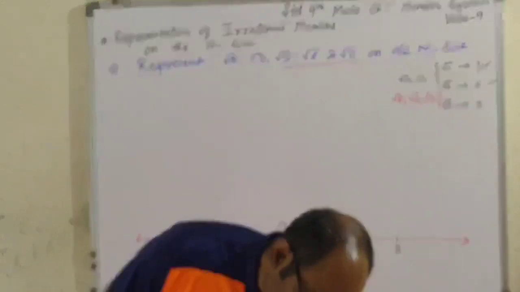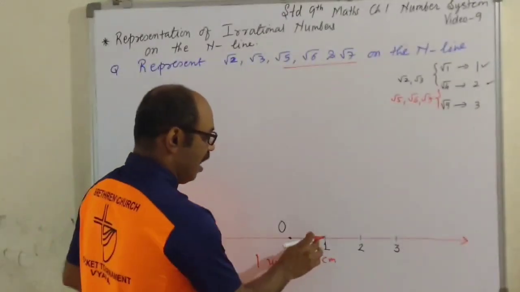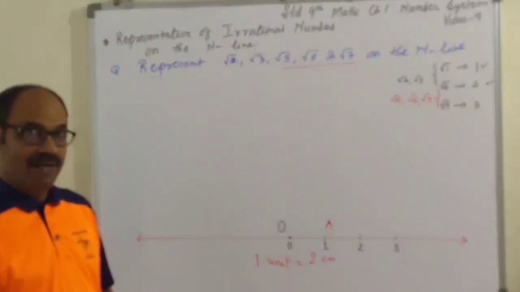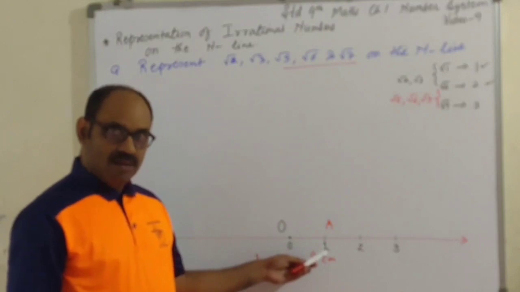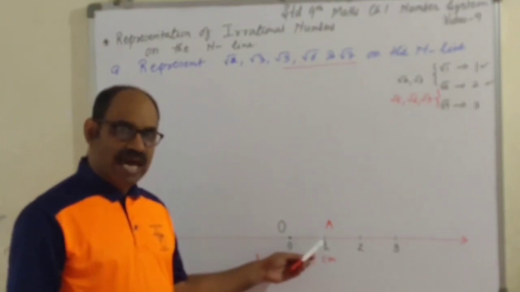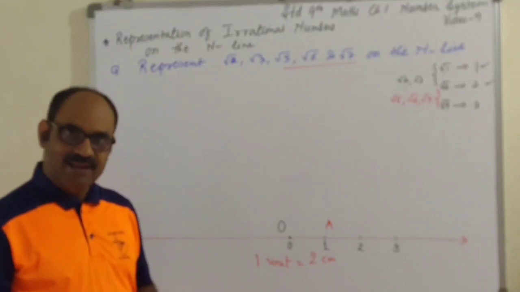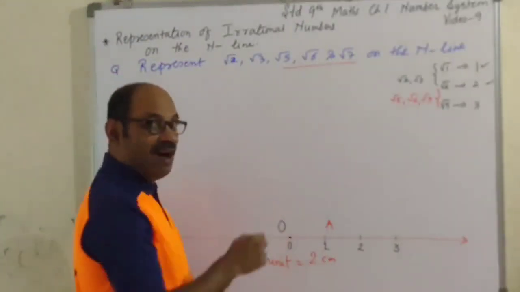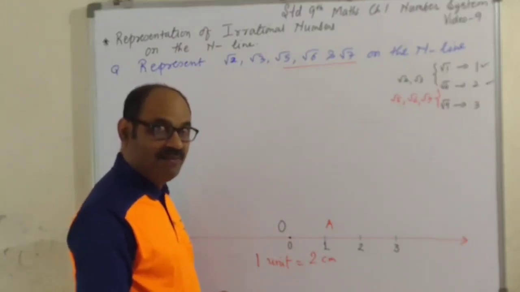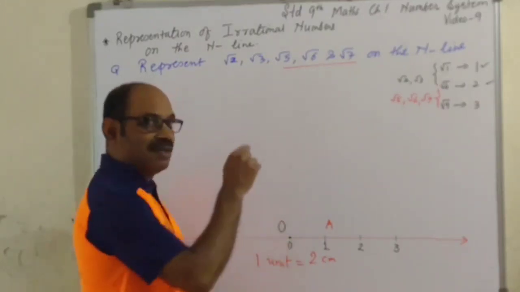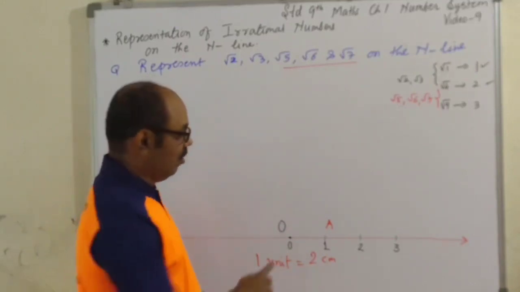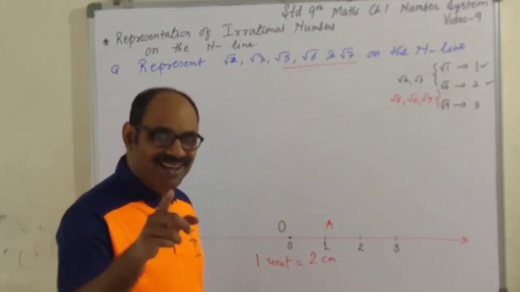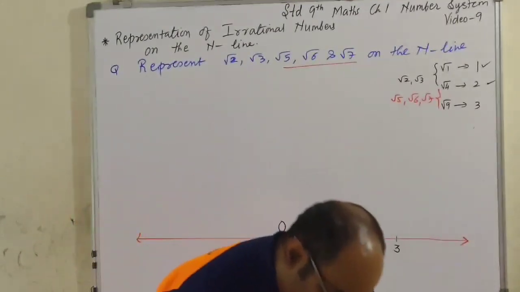Okay. Now same thing. 1 unit distance I'm going to call point A. The number 1 on the number line, the point A corresponds to that. So OA is 1 unit. At A, I'm going to draw a perpendicular line segment of 1 unit length, and then I'll complete the hypotenuse. 1 unit, 1 unit. So the hypotenuse is going to be root 2 units. Do you remember? Yes. Let's do that.